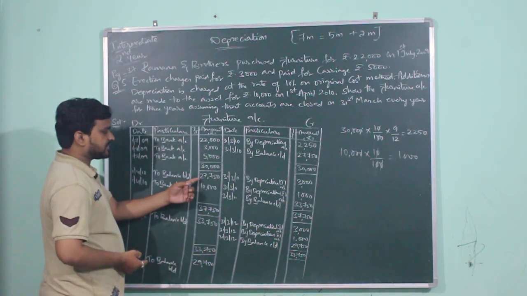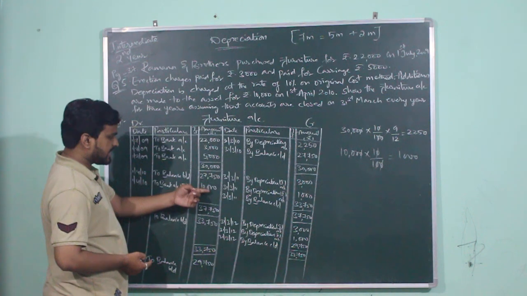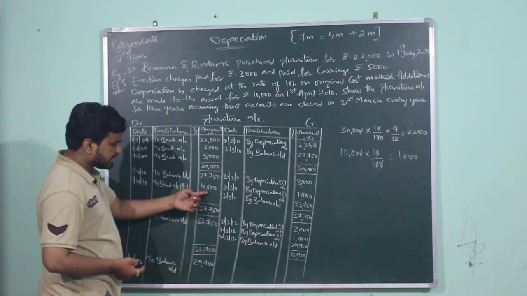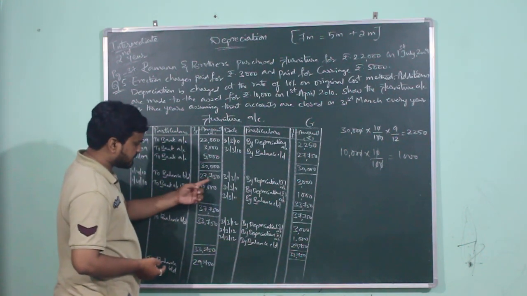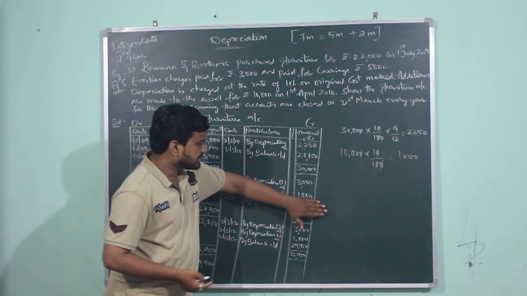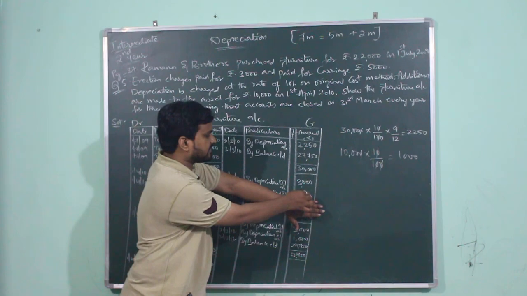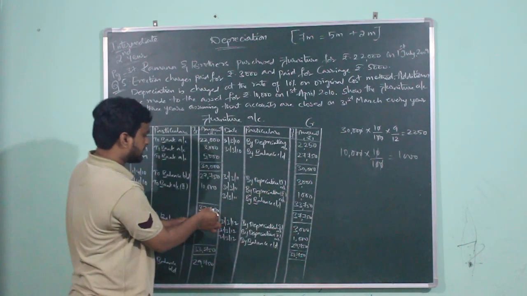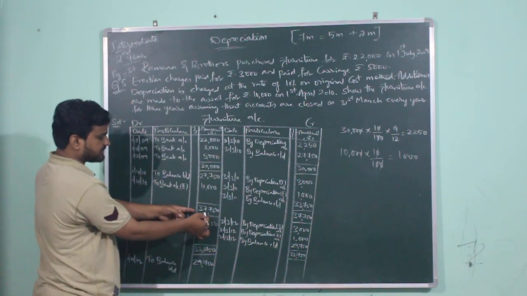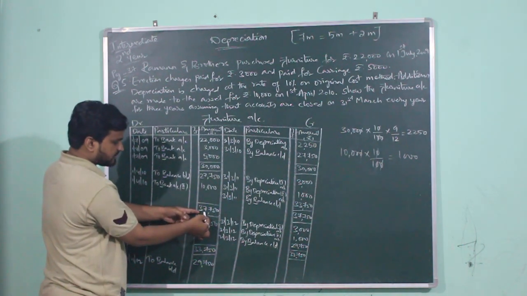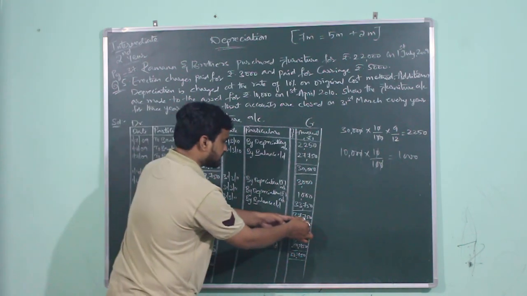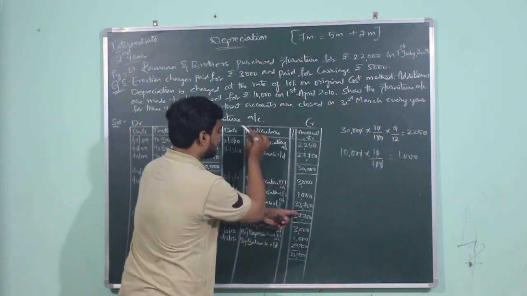Here the total is 27,750 for first furniture and 10,000 for second furniture. Hence the total will be 37,750. Here the amounts are 3,000 depreciation for first furniture, 1,000 depreciation for second furniture. Here the total is 4,000 and here the total is 37,750. So what is the highest total? 37,750. This will be recorded on debit side of the furniture account, as well as 37,750 will be recorded on credit side of the furniture account.